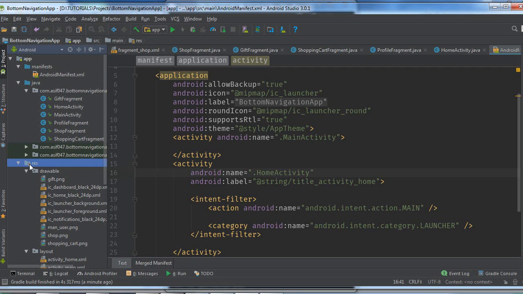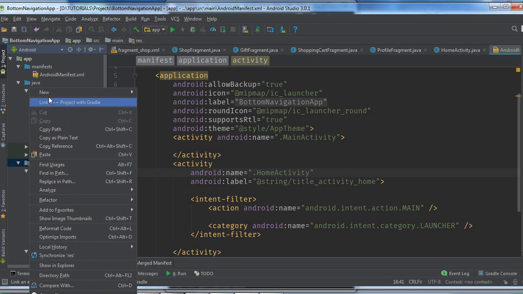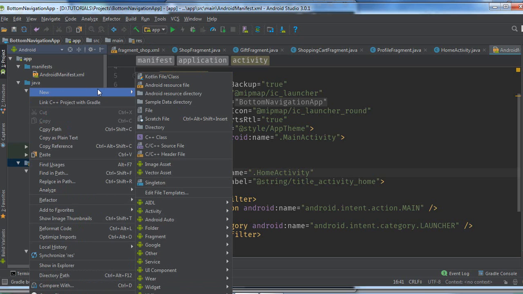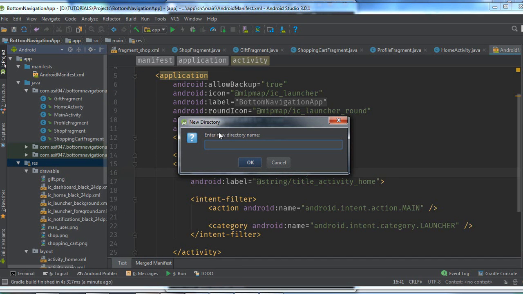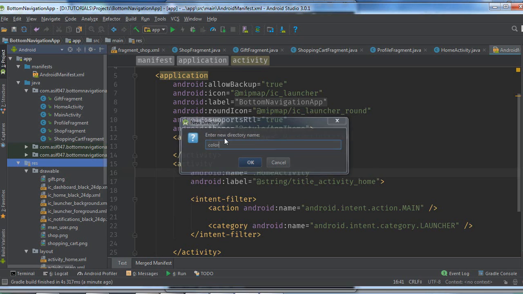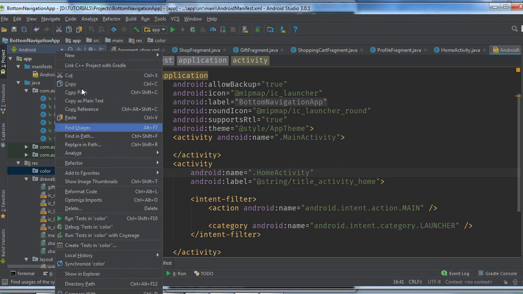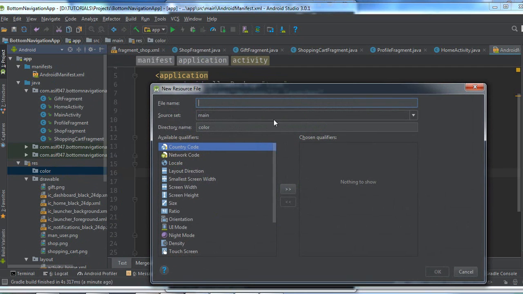Okay, so at first we will create one new directory inside the resource folder, and I'll name it color, and inside that I will add a color resource file,